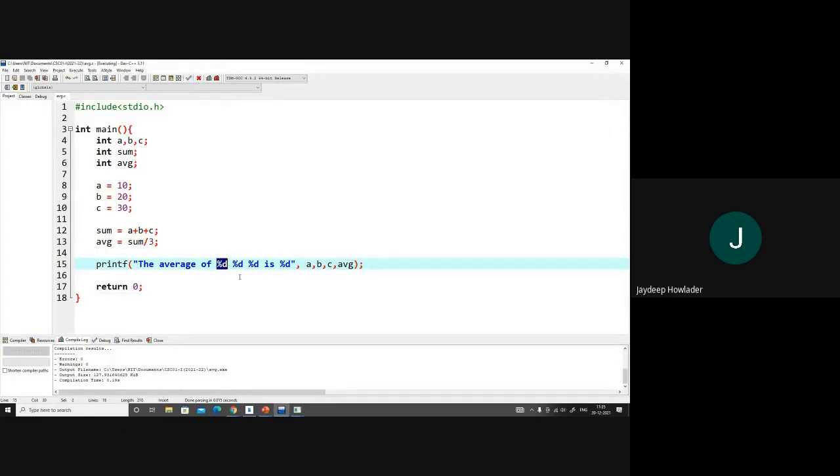Every %d is a specifier, and these specifiers take the values of the arguments which follow the quoted statement. Okay, so try to remember these things.